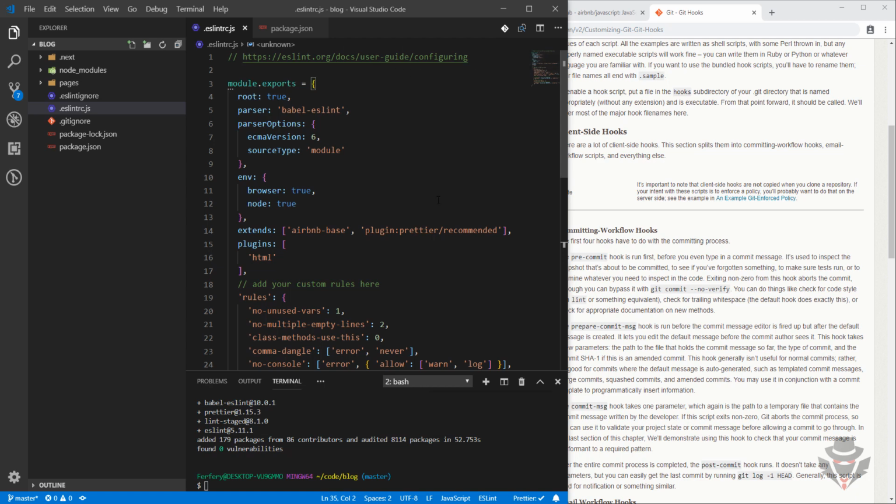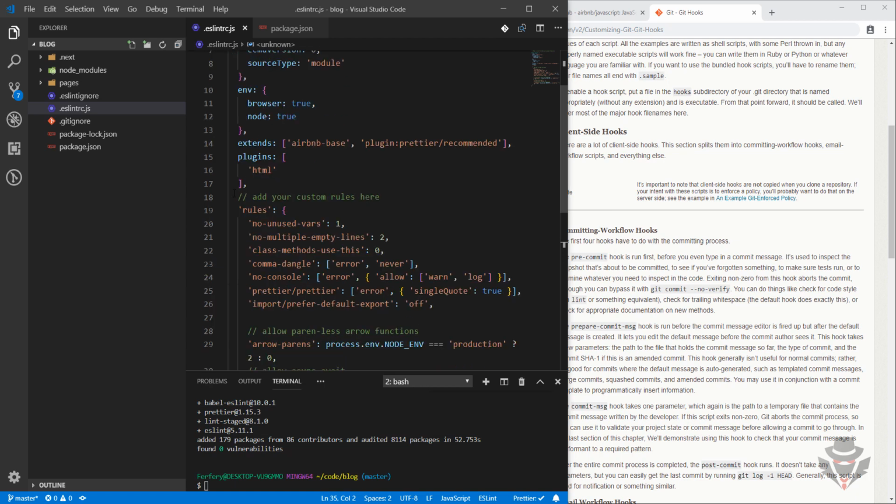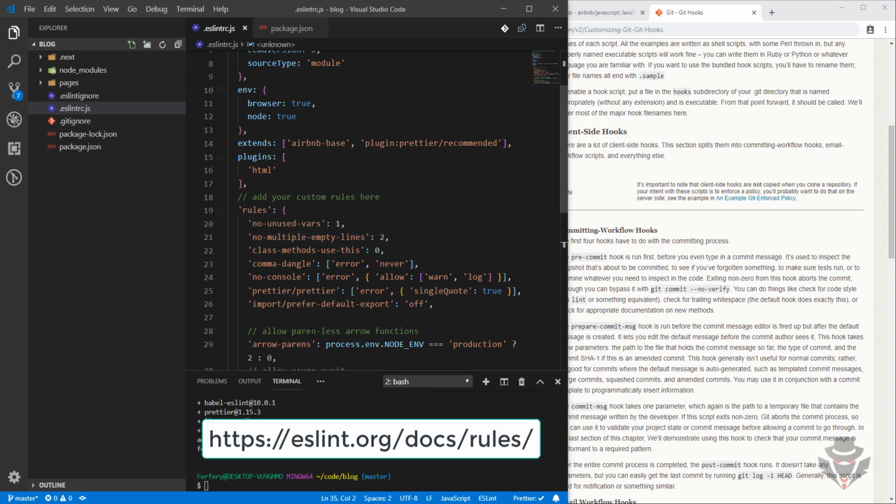Basically, ESLint is going to use Babel to transpile the file using ECMAScript version 6, and also it's going to use prettier,